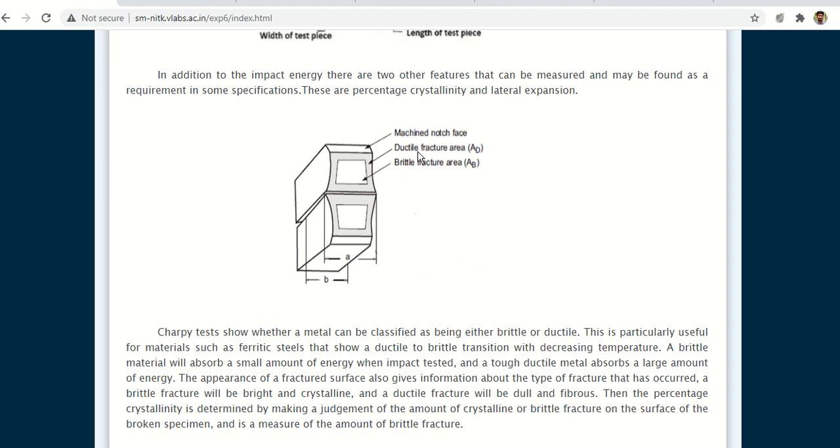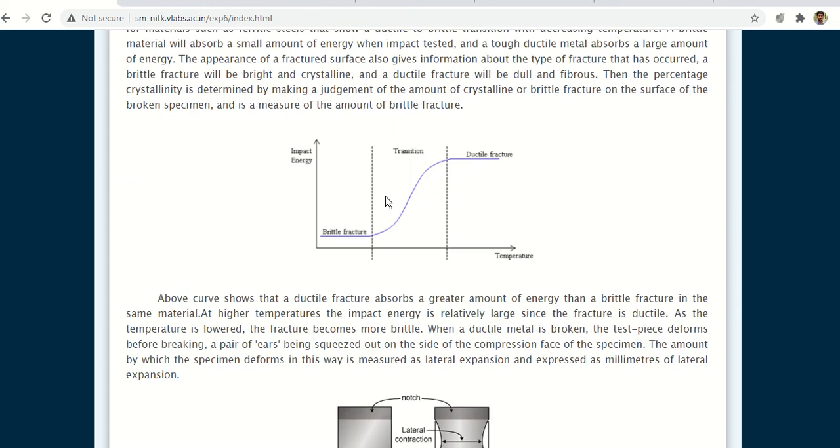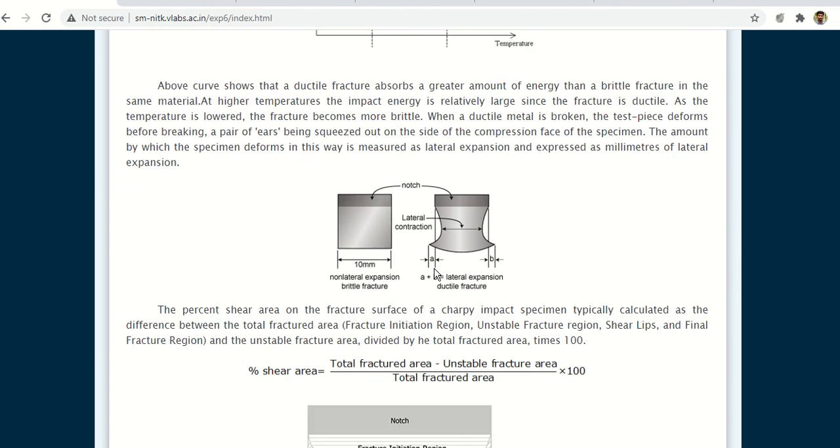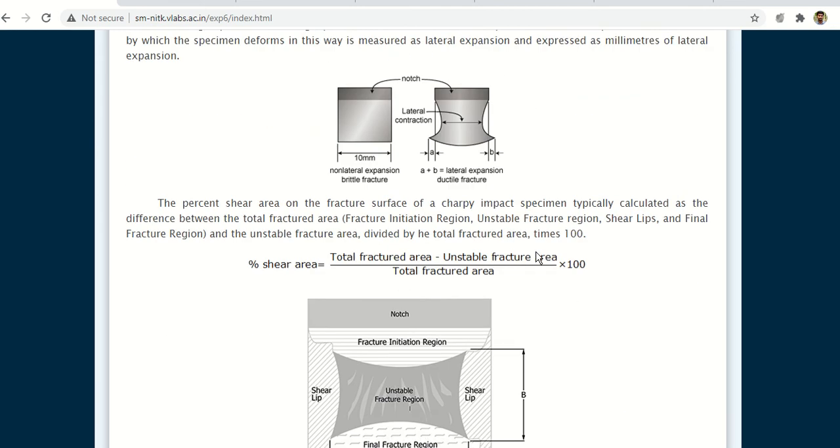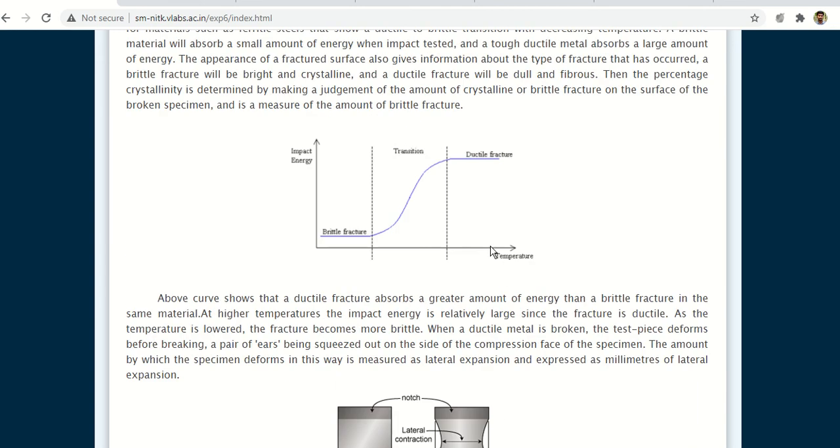You can see this is a ductile fracture area, this is a brittle fracture area, and there are some contractions and expansions happening. There are also some regions: unstable fracture region, shear lip region, final fracture region, and fracture initiation region. Based on that, we can find the percentage shear area. You can study more about the fracture part.